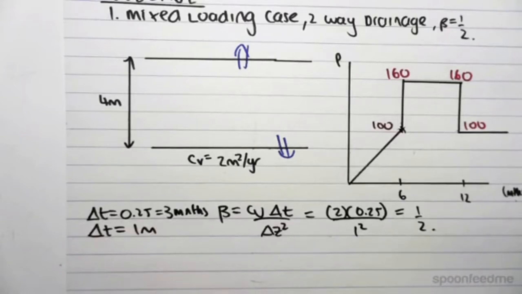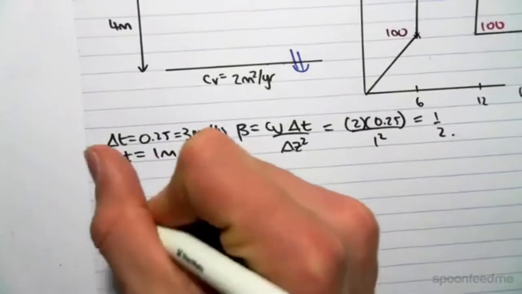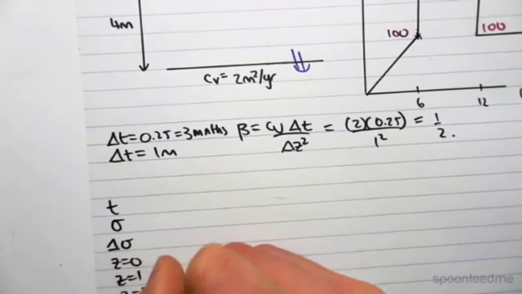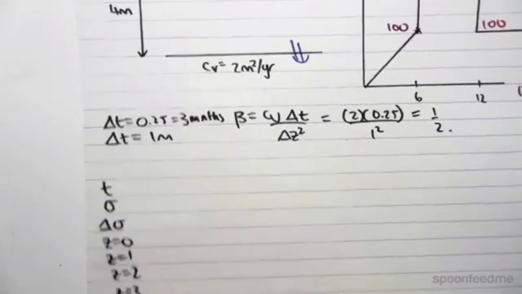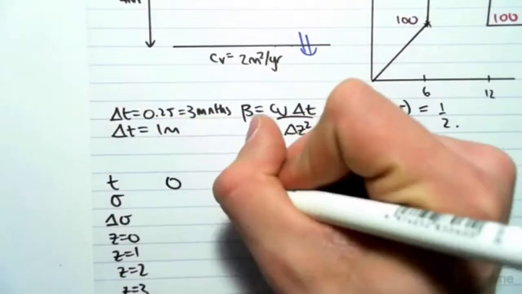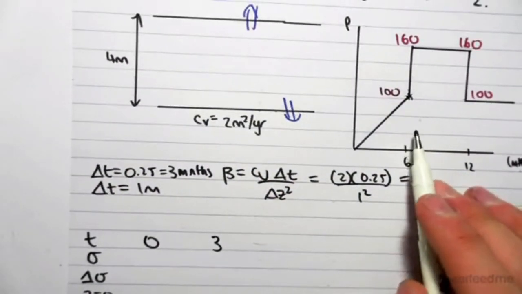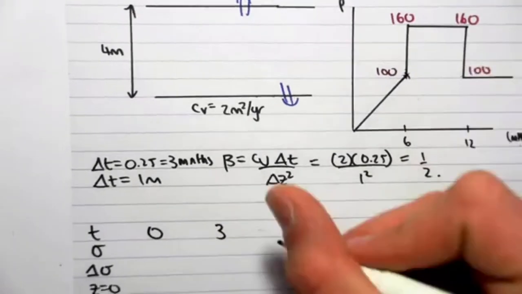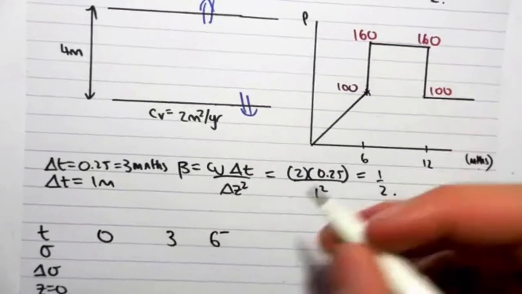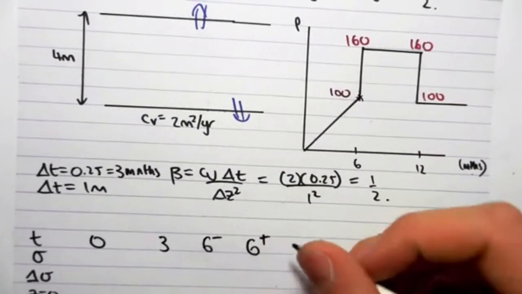Now, as we would, we're going to draw up our table to find the excess pore water pressures. So we have time, the stress, the change in stress, and the layers up to z equals 4. We would then have time 0, time 3. Now when I get to time 6 months, I want to split it up into 2. I want to look at a point just before the 6 months starts, which I'm going to denote as 6 minus, and then I also want to look at a point just after 6 months, which I'm going to denote as 6 plus. So we can then move on to 9,